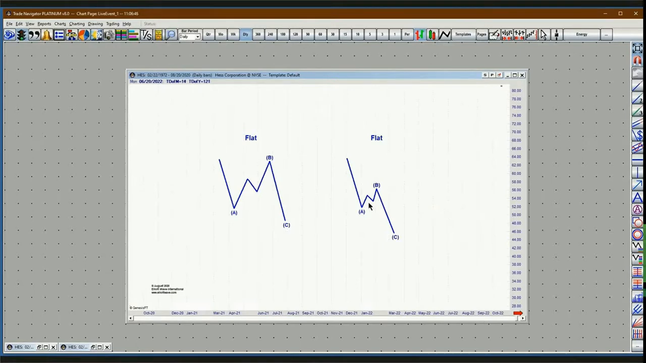Okay. Well, it's going to be the diagram on the left. Why? Well, one of the key defining characteristics of a flat correction is that wave B ends at or near the origin point of wave A. That part of the structure is what allows you to define the pattern as a flat correction. Where if you look over here to the right, the wave B never gets anywhere near the origin point of wave A. So again, here's another example of how we